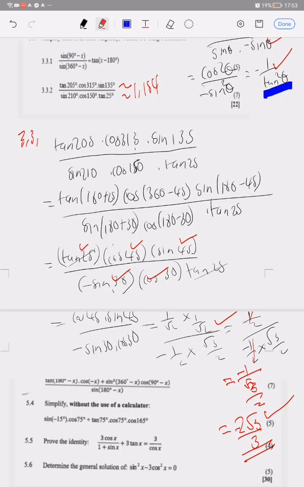Tan of 205, right? And cos of 315. Let's see, what am I doing? Cos of 315, sine. If it doesn't give me what I want, which means there's something wrong, I have to recheck my answer, right? Over sine of 210, cos of